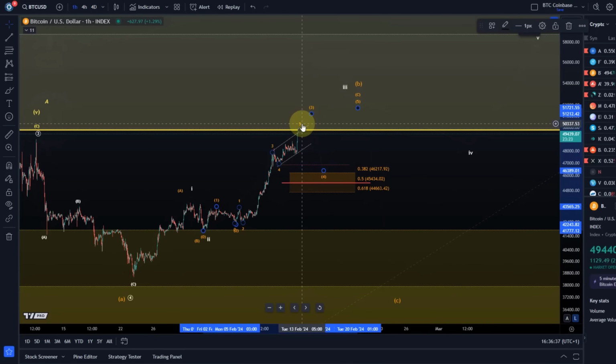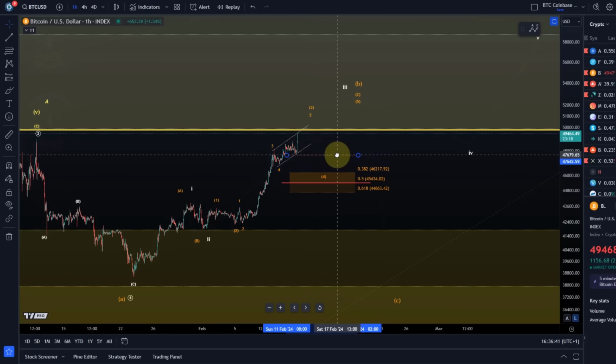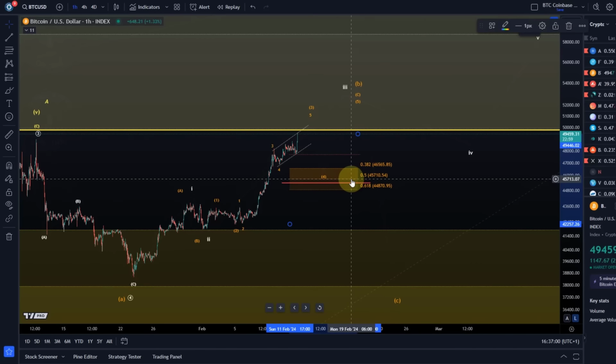I still see this as an extension of the third wave at the moment, and the signal level will be lifted, which means it now takes a break below today's intraday low, below 47,650, to suggest that a top is in place. There would be an initial signal, maybe a little bit higher than that, at 47,680. And we can also increase the height of the